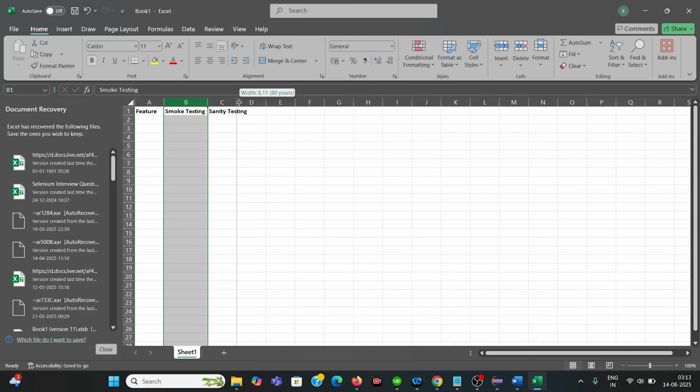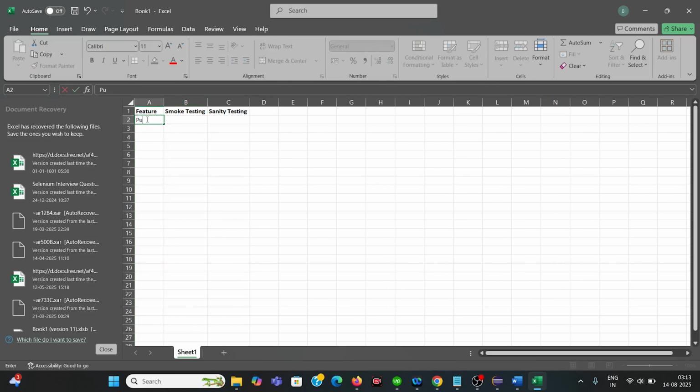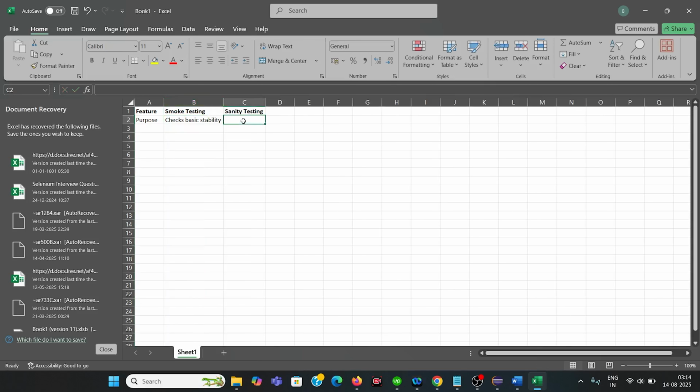Smoke testing basically checks basic stability, and sanity testing checks very specific functionality.